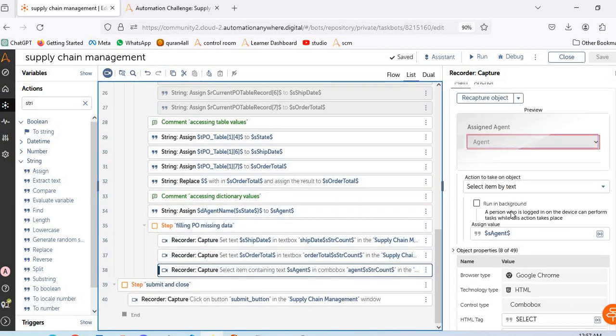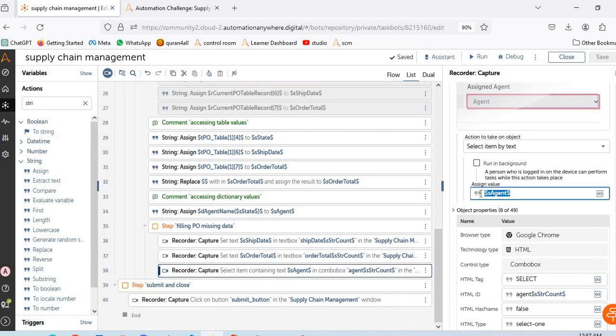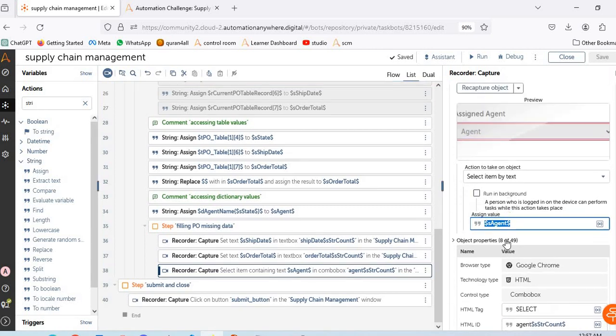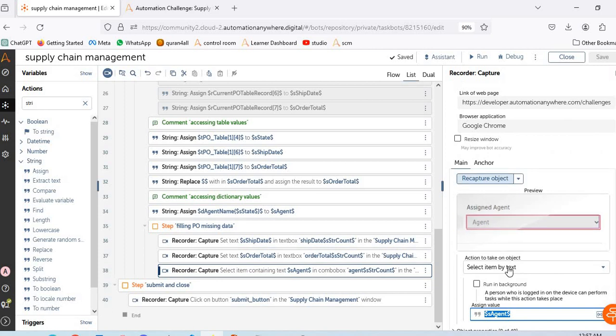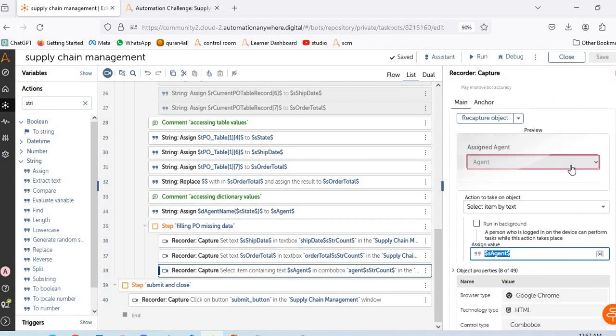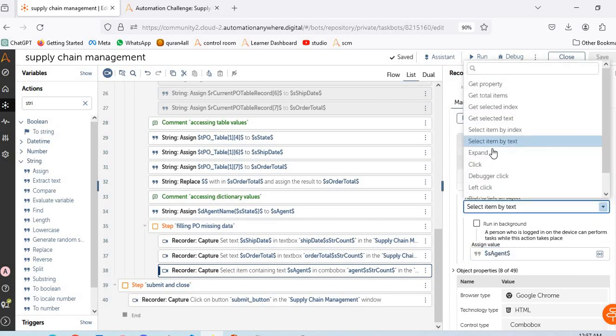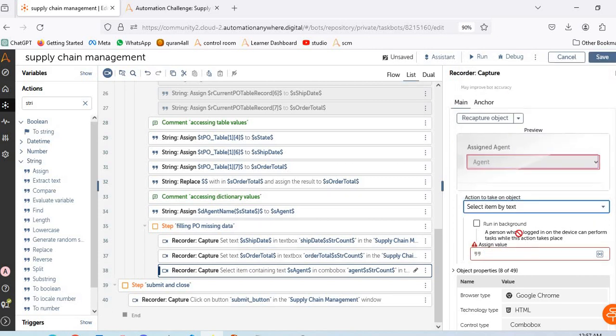And the last thing here, I will only assign the value for agent here, with select item by text, because it is a selection option. Okay, so I select item by text, and then